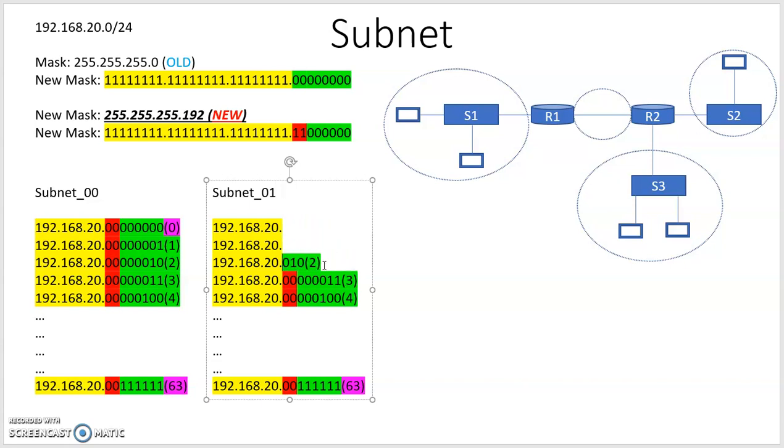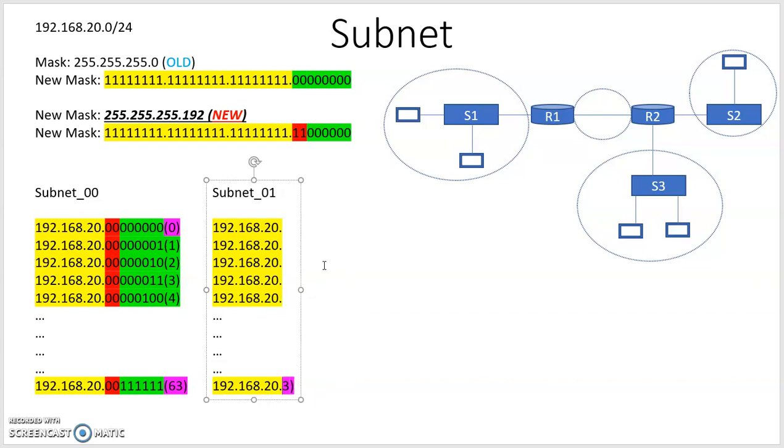I know I can just simply copy paste it, but sometimes it's easier to follow when we start writing from scratch. There we go. So this is the network portion. That's the same, so I will do nothing about it. But in the last 8 bits, 2 bits are for the subnet, and the remaining 6 bits are for the host. So the next 2 bits, 01, are for the